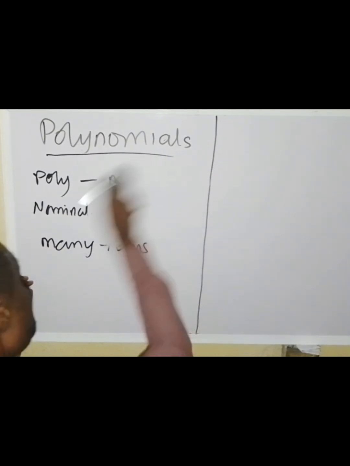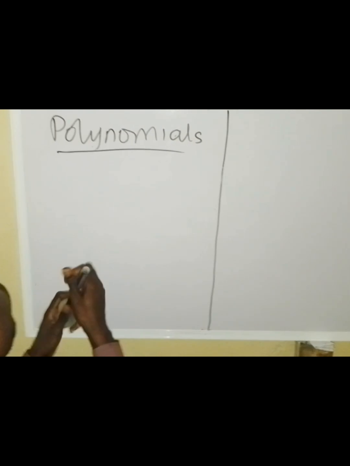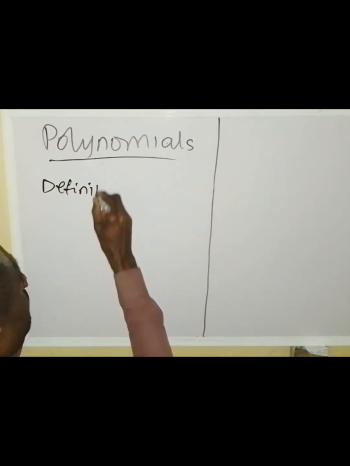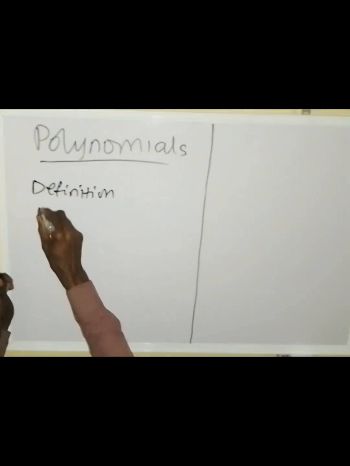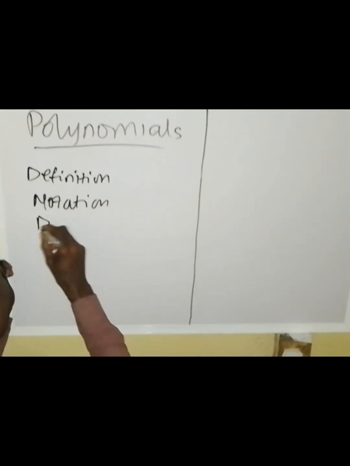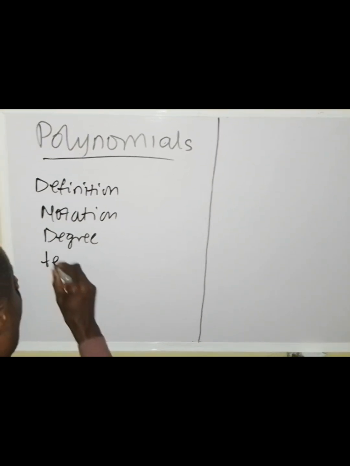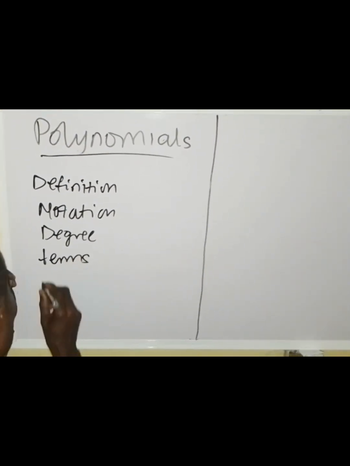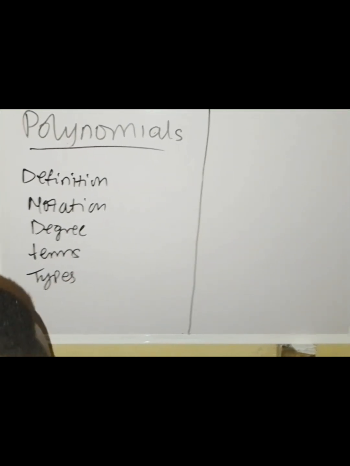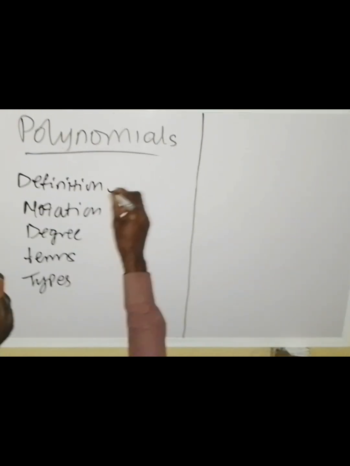But our emphasis is going to be on first, definition. We should be able to define the term polynomial. We consider the notation, and then the degrees, also terms. Then we'll go to types of polynomial, and then thereafter we'll move into the calculations. Now, when we talk about definition of polynomial,